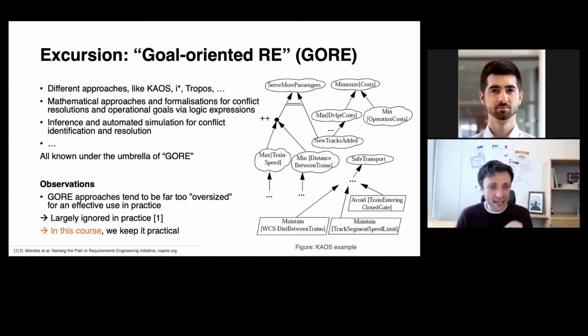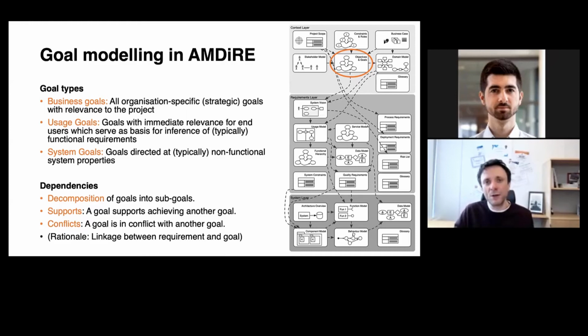So the essence is the following for us, for our worldview in this course. Goal models are very important because they allow us to identify conflicts, to identify the rationale of requirements, and to a certain extent we focus also on the establishment of goal models, but we focus in our approach on the very essentials. So what we do with AMDIRE is we concentrate on essentially 3 different classes of goals, which is